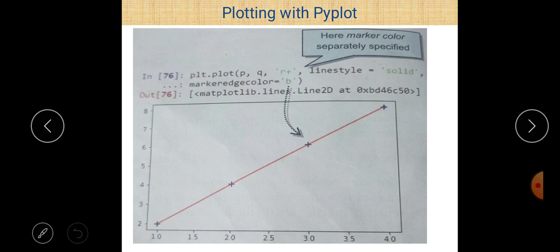So marker color is separately specified, so you can easily see that marker edge color is black here, and that's why marker color is black and line color is red here, because in this case we separately specified the marker edge color. You can see the direction of the arrow which shows the marker edge color.